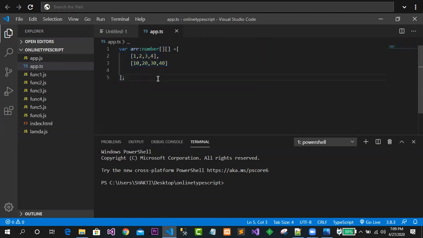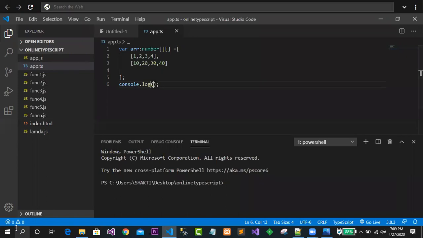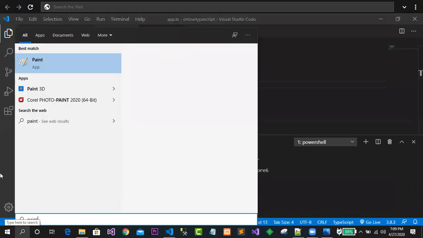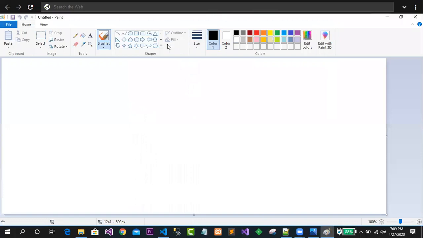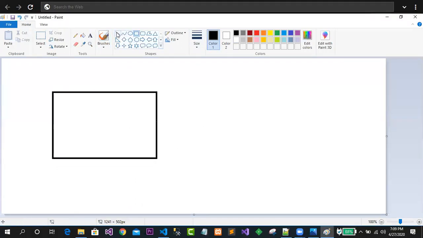But if I want to print a value, how should I do that? Console.log. If I want to print the value at the 0 index, how exactly does this perform, guys? Whenever we talk about this array, let's come to the point. This is the 2D array it has created. It is very simple: each row has 4 elements.